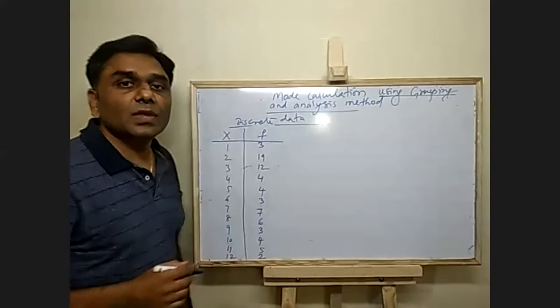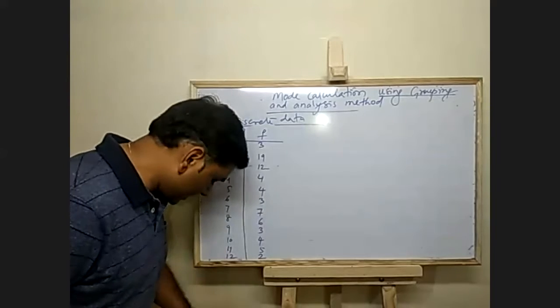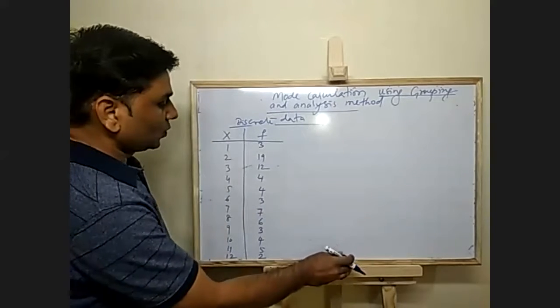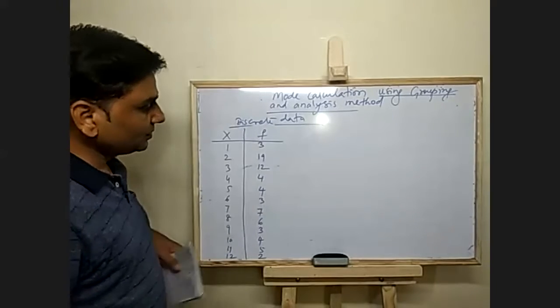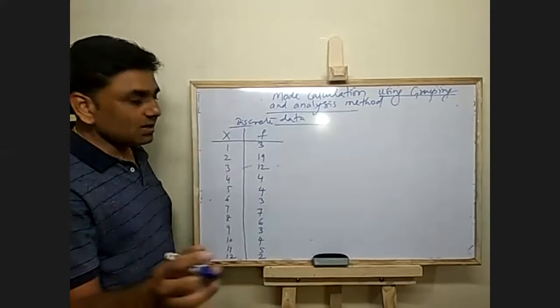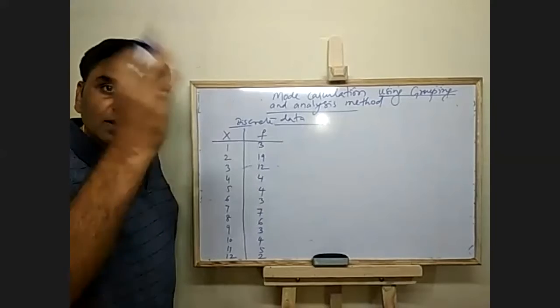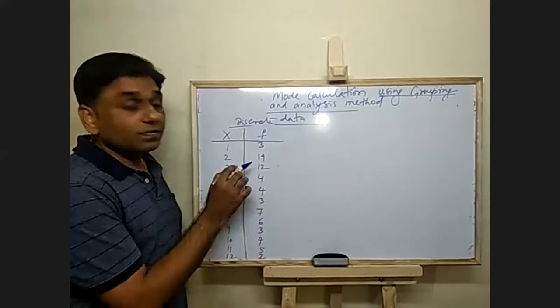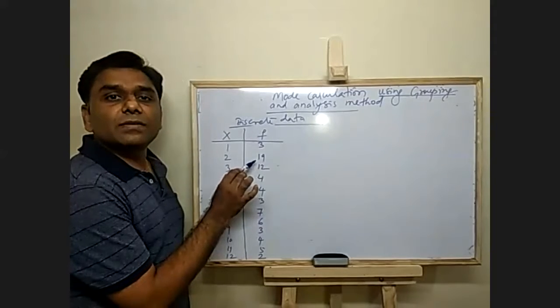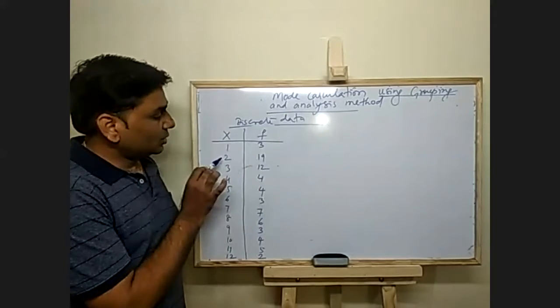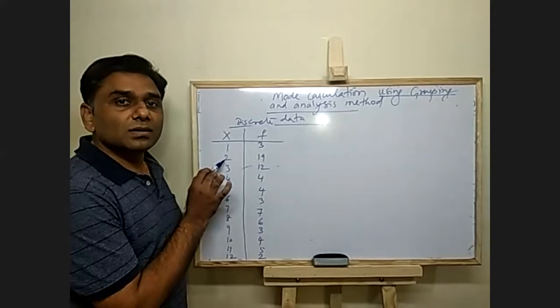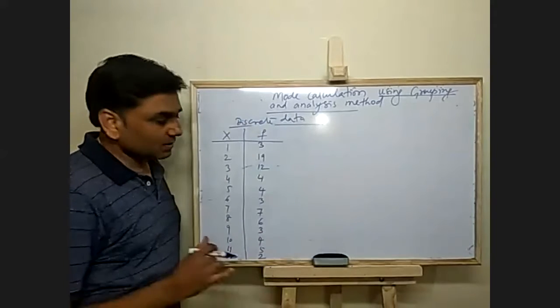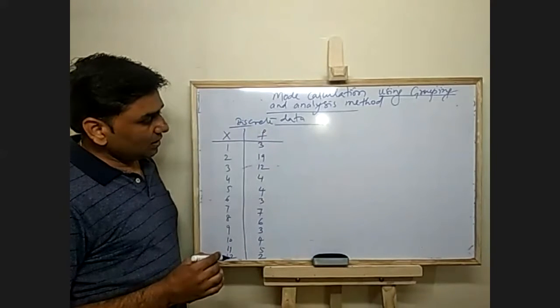Now see here, what is happening in this data? Which is the highest frequency? With our general understanding from all our discussion so far, 19 is the highest frequency. So what should happen? 2 should be the mode, right? But observe the data. Now what happened here?